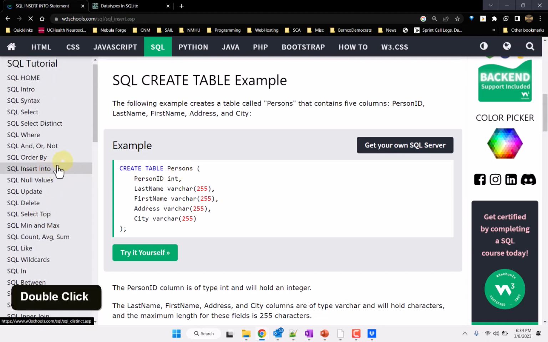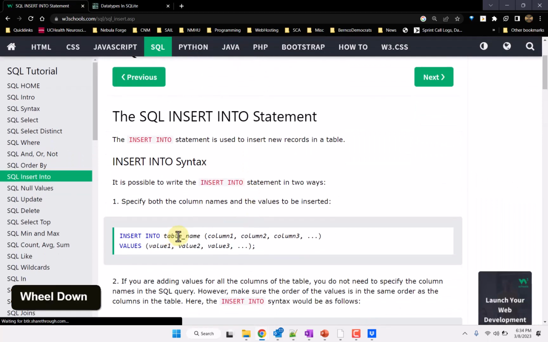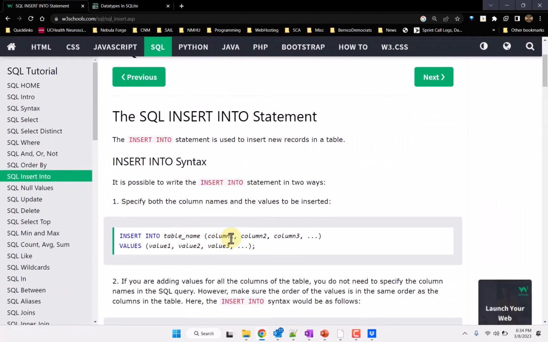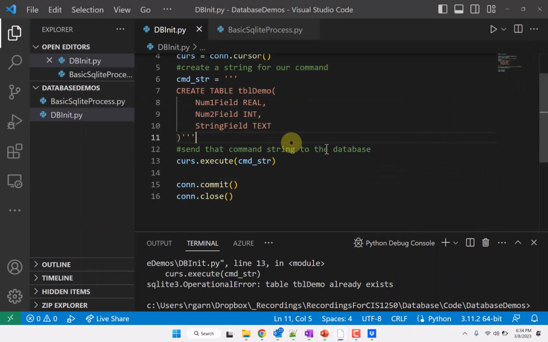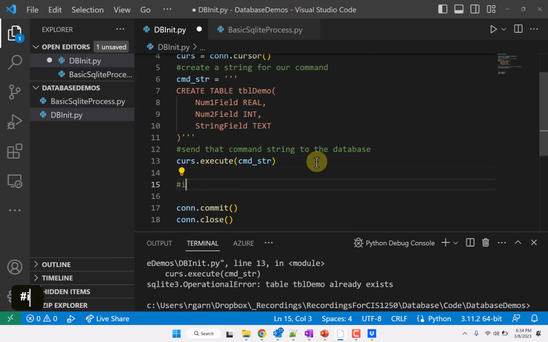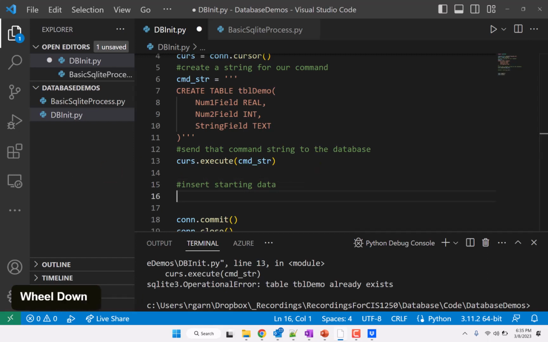If you look up INSERT INTO, here's the command INSERT INTO, you need whatever the name of the table is, what columns you want to insert into, what values you want to insert for those columns. So after we do that, we're going to insert starting data. And so we're going